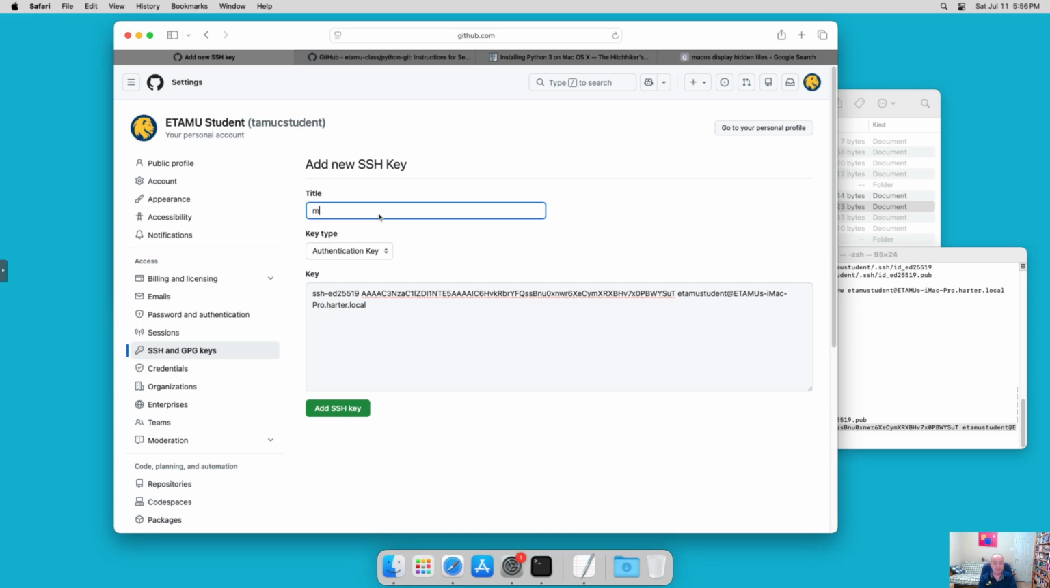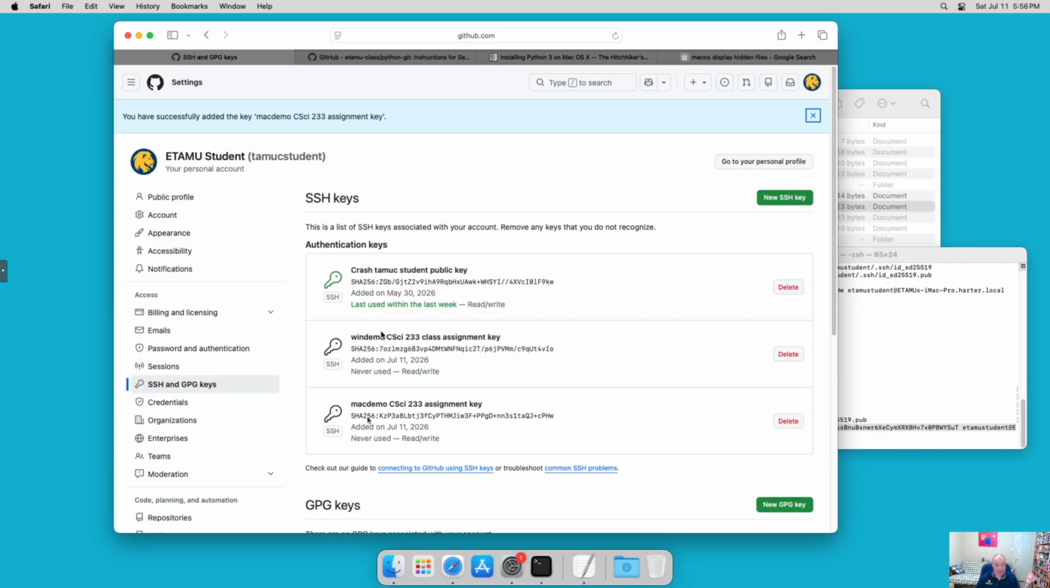So this is my Mac demo, like for maybe the CSCI 233 class assignment key or something like that. Usually it's useful, you might have a different key for each machine, so knowing which machine that key is authenticating from, and then in general what kind of assignments or classes or things you might need it for, that kind of stuff. So once we add that in there, we should be able to authenticate using